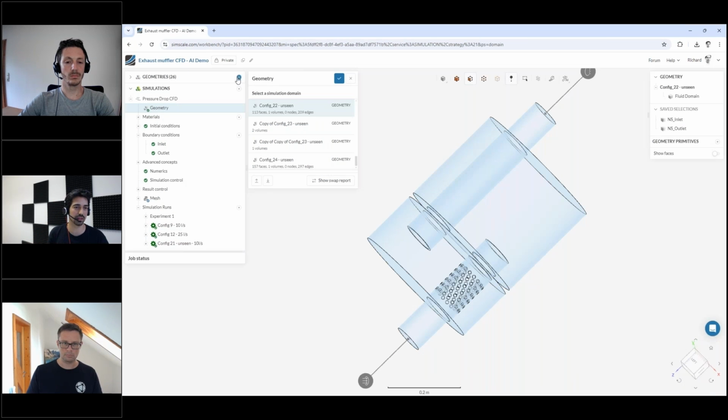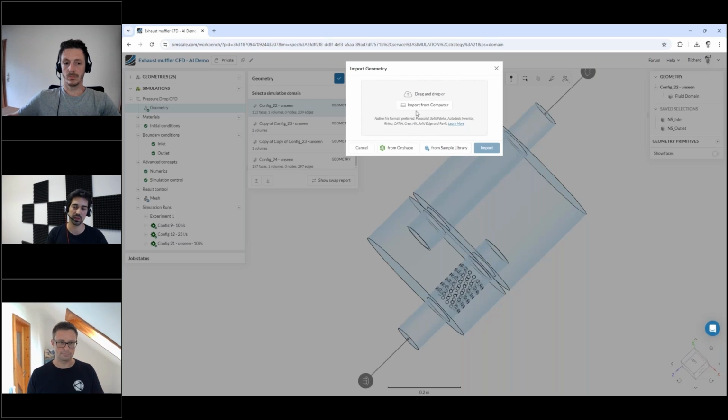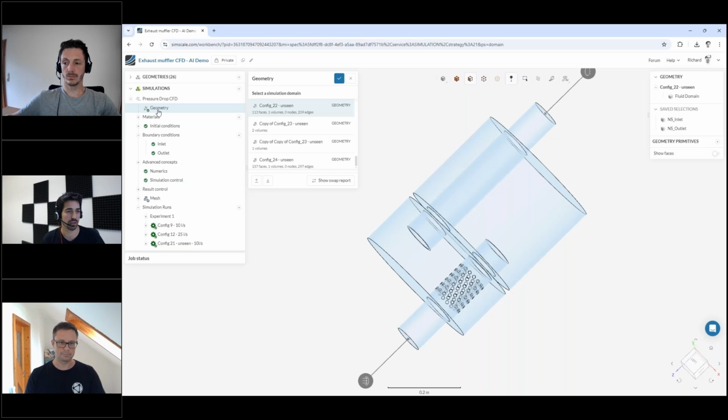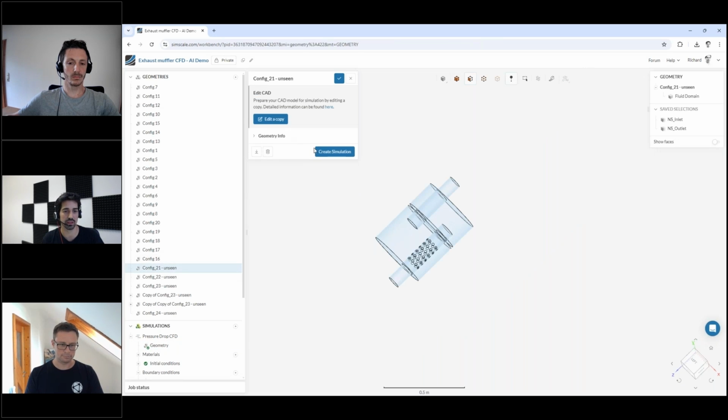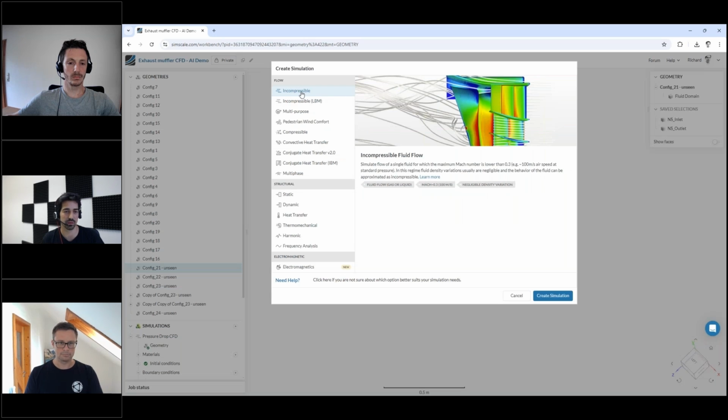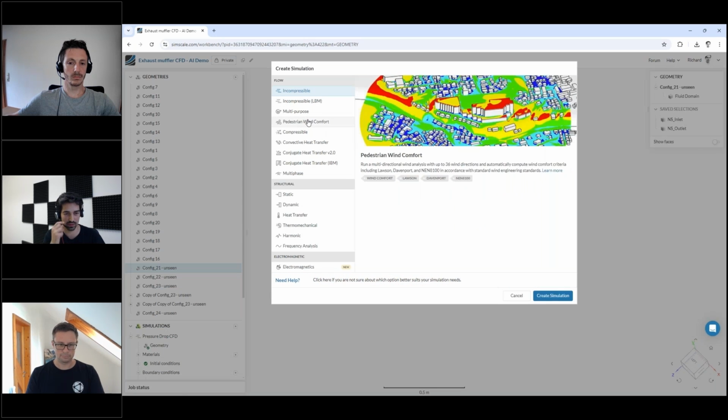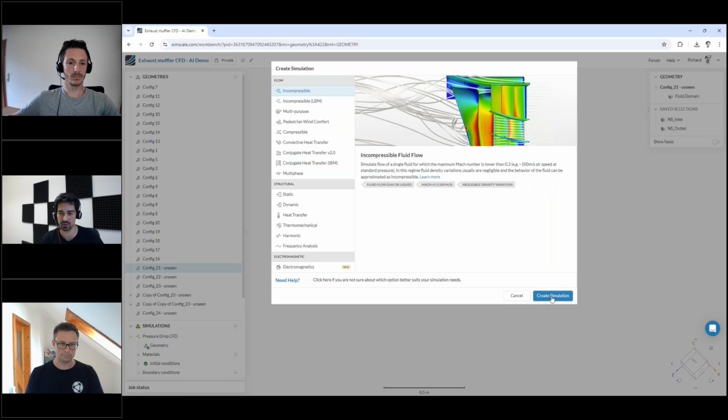So we see here, this is again in the browser, right? So on SimScale, when you create a new project, you always start with the geometry, right? As we've seen, we can import many different formats: Parasolid, SolidWorks, Autodesk, Rhino, CATIA, all the standard CAD file formats. Once the geometry is uploaded, the next item you do is basically create the simulation setup. So in this case, it's an incompressible CFD analysis. You can see we have a long list of analysis types available. So we start with incompressible,